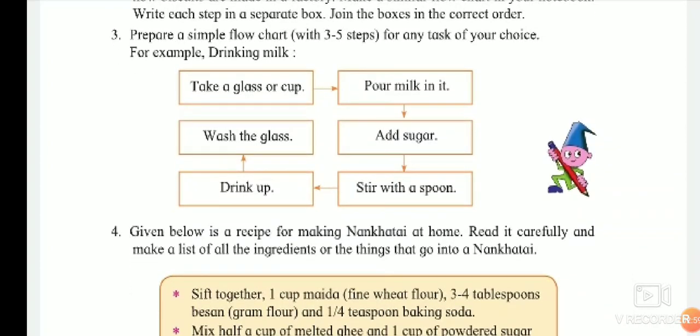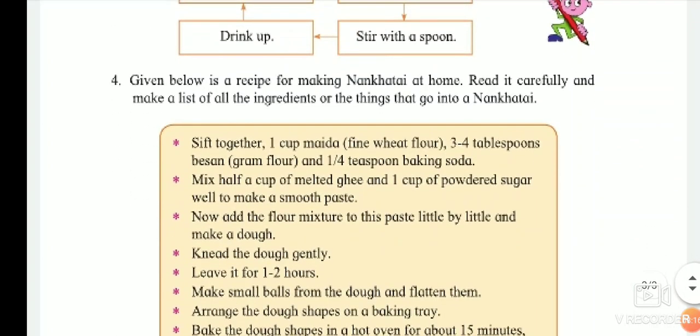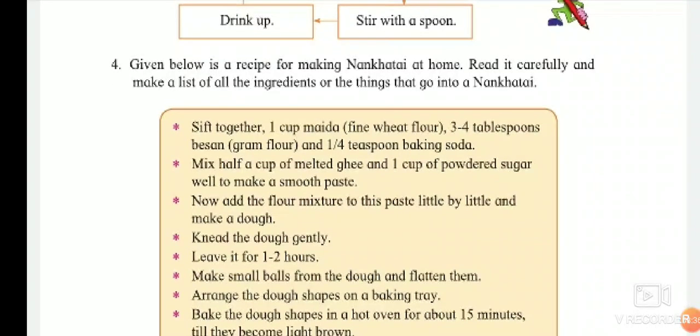Next exercise, that is the fourth one. Given below is a recipe of making naan khatai at home. Read it carefully and make a list of all the ingredients or the things that go into a naan khatai. First, sift together 1 cup maida, that is fine wheat flour, 3 to 4 tablespoons besan, gram flour, and 1/4 teaspoon baking soda. Second step, mix half a cup of melted ghee and 1 cup of powdered sugar well to